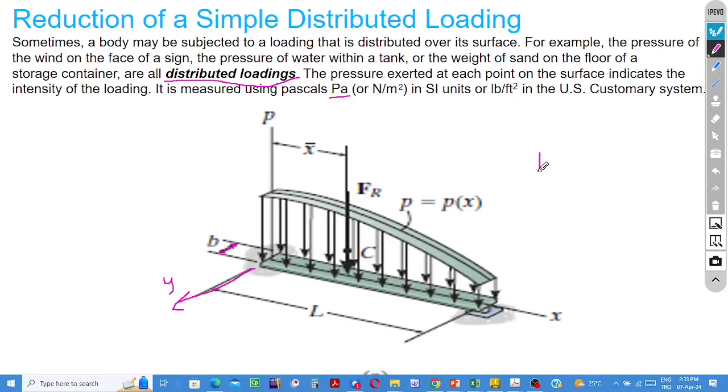Multiplying P by the dimension of the surface, which is parallel to the y-axis in this example, where the load is uniform,